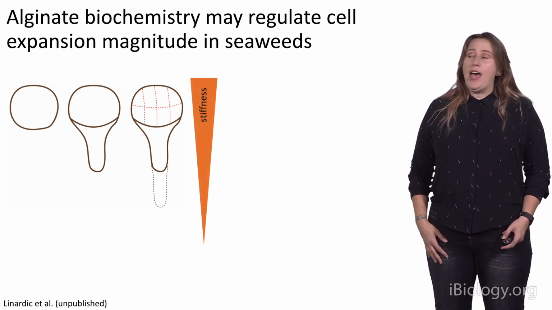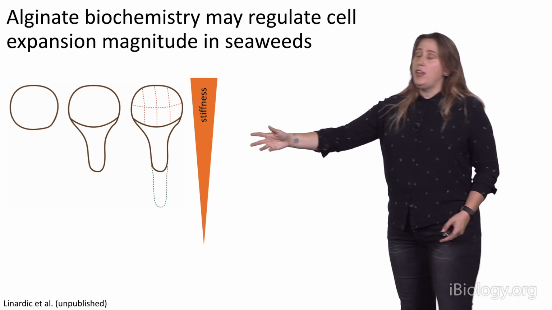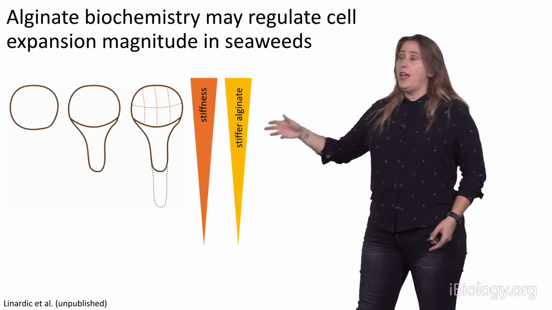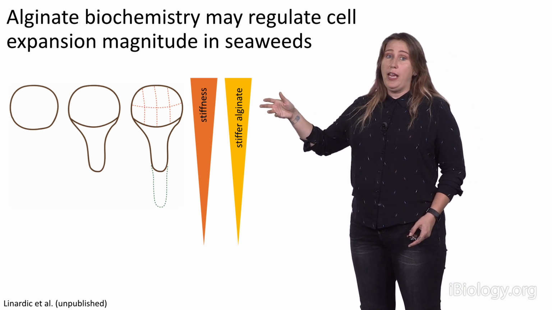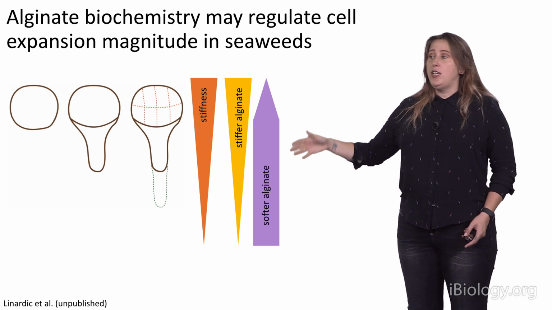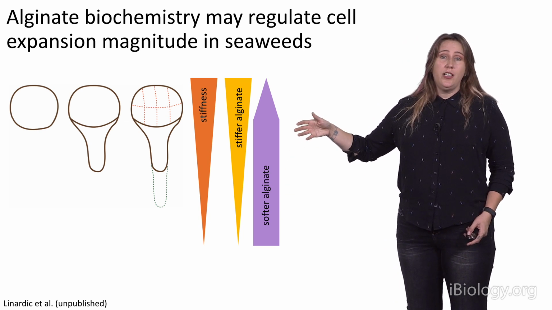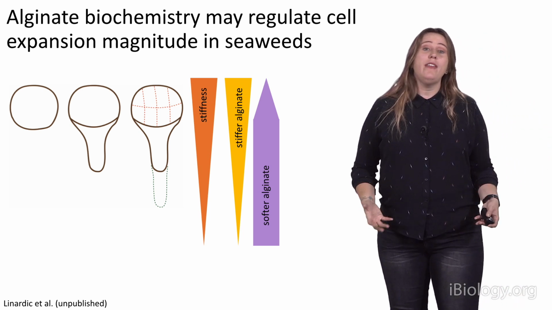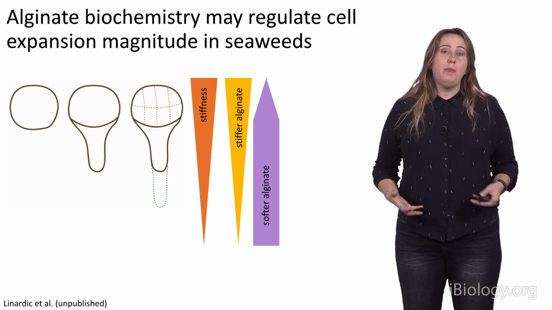And our evidence for that is that we have this gradient of stiffness where the thallus is stiffer than the rhizoid. That correlates nicely with where we have stiffer alginate antibodies binding. But also we have this softer alginate in the areas that are growing a little bit faster. However, again, it's still just a correlation, and this is a hypothesis, because what we haven't been able to do